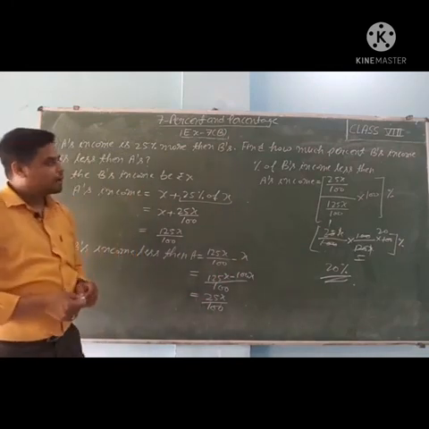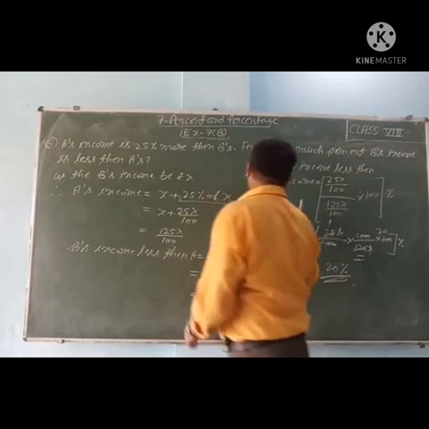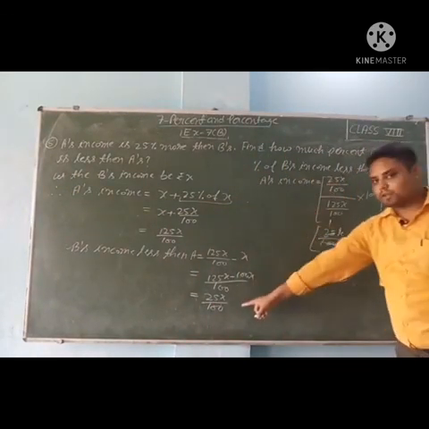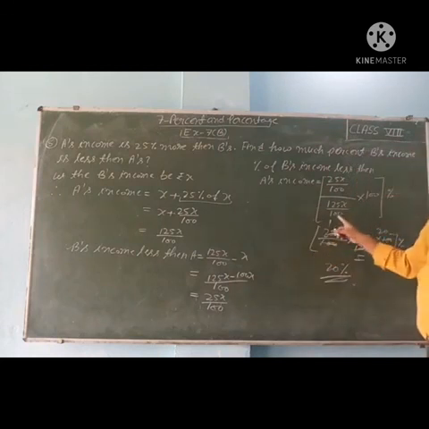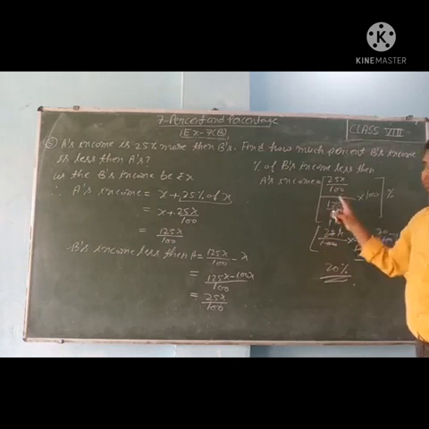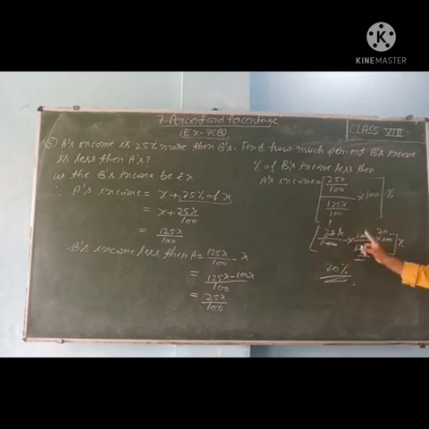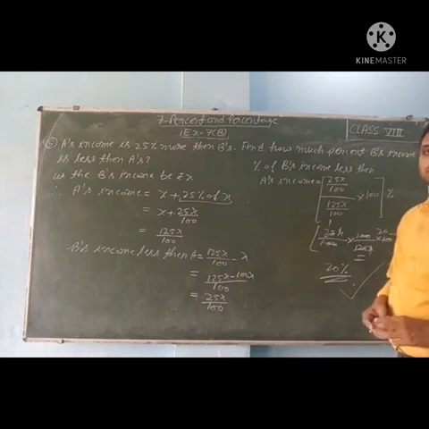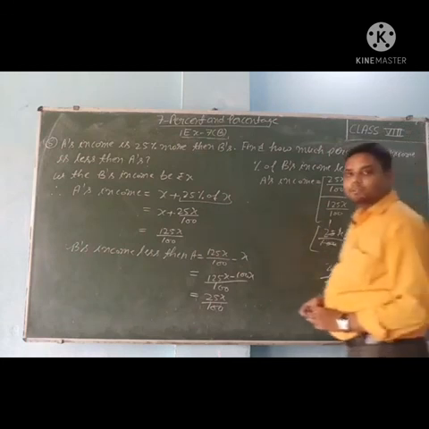25x upon 100. So the percentage of B's income less than A's income is equal to, first how much is less? 25x upon 100, upon whose income will we take in the denominator? A's income, because we are comparing with A's income, multiplied by 100%. So 25x upon 100 multiply by the reciprocal, then multiply by 100. After solving this, we are getting 20%. So the percentage of B's income less than A's income is 20%. It is the answer.